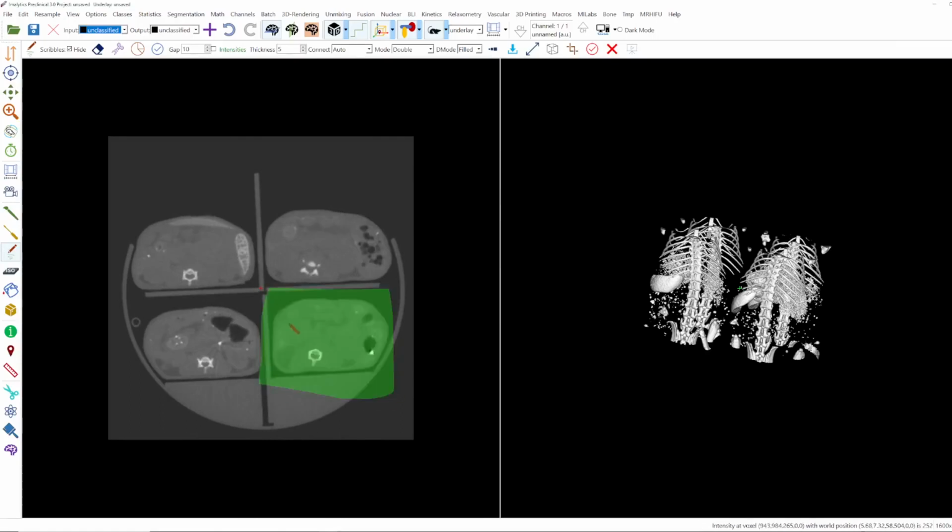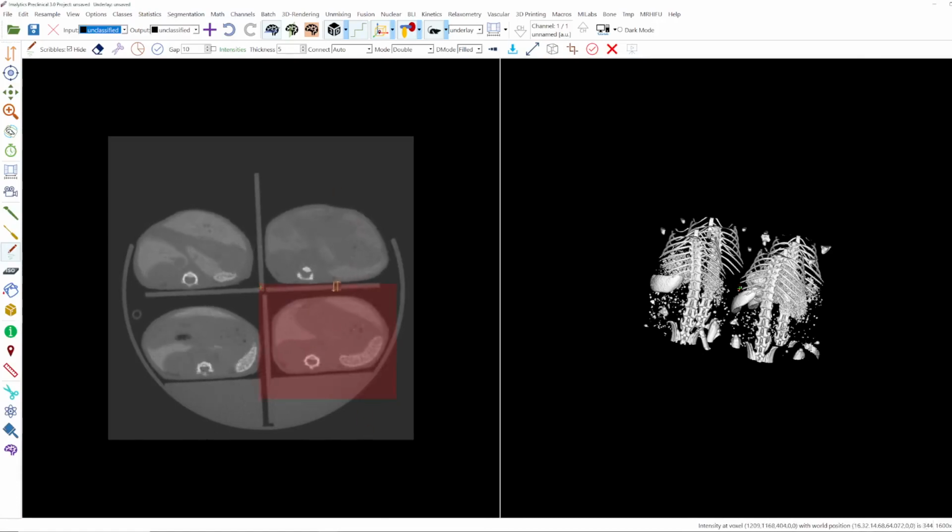Okay, you can show the bounding box here. Show bounding box. And all this red stuff will be your new dataset. And you can crop to scribbles using this function.